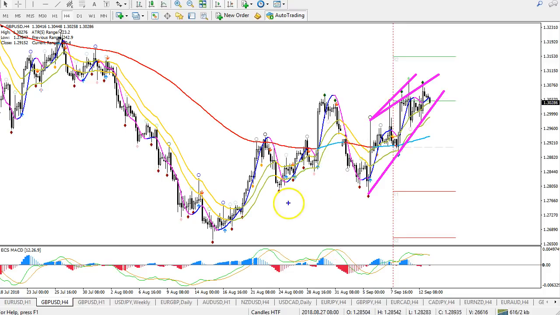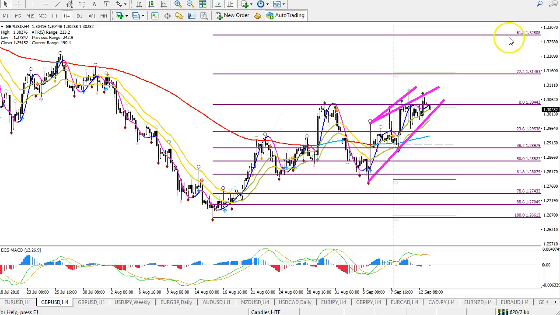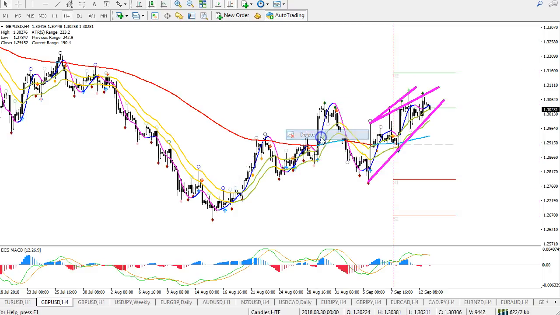I am leaning towards bullishness and continuation, and I think that there's a decent chance that price might make it up to the minus 272 target at 131.50, if not all the way up to the minus 61.8 target at around 132.50 and 133. All right, that seems a lot less likely at the moment.